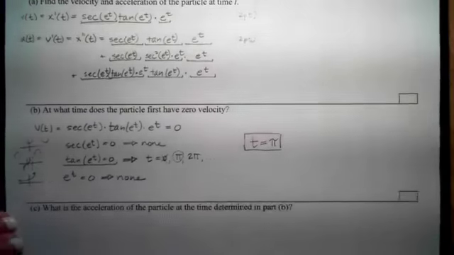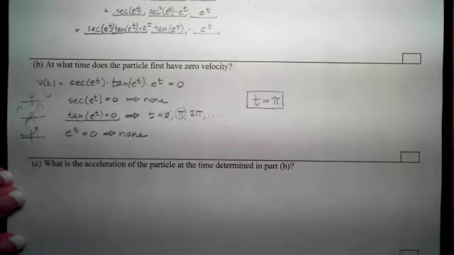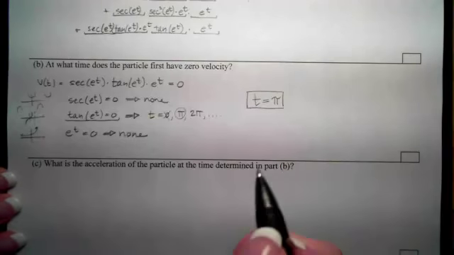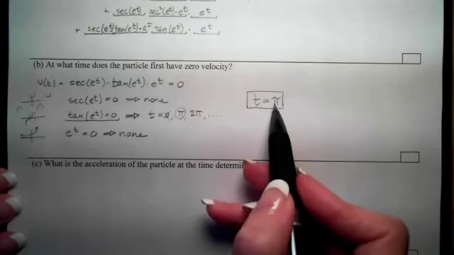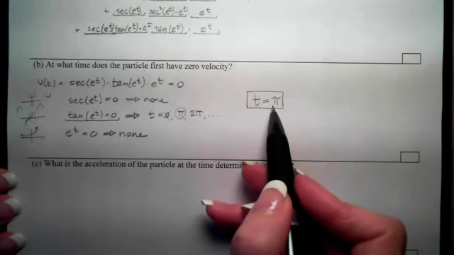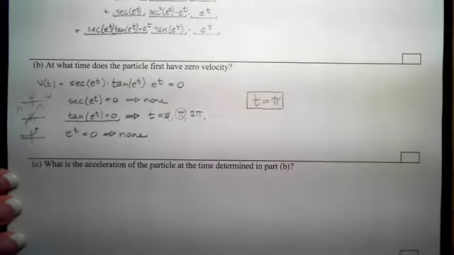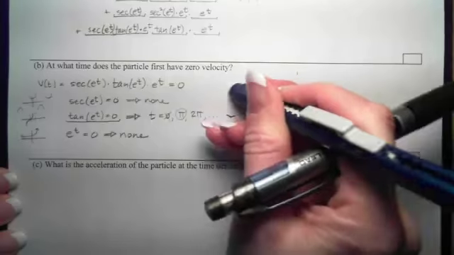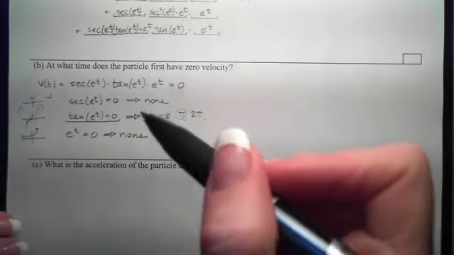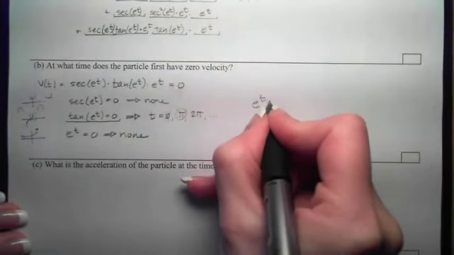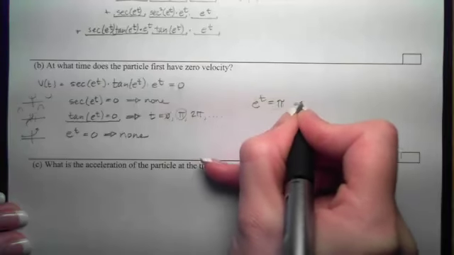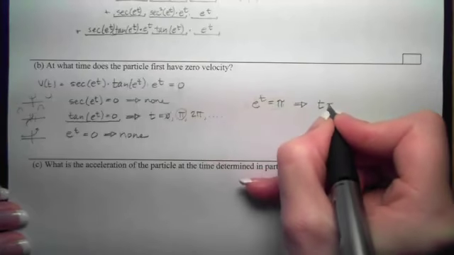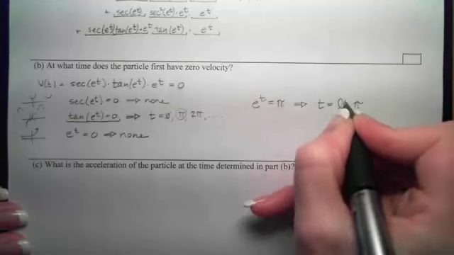Last part, C, says what is the acceleration at this time pi? So let's think about where this came from. Oh, I lied. It's not t equals pi. It's e to the t equals pi. It's the inside of that tangent has to equal pi. So e to the t will equal pi, which means that t will be the log natural of pi, which